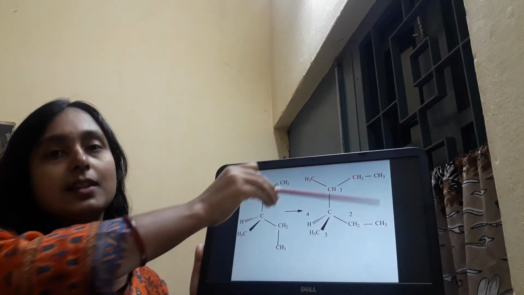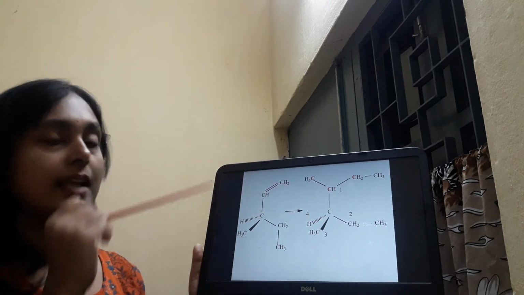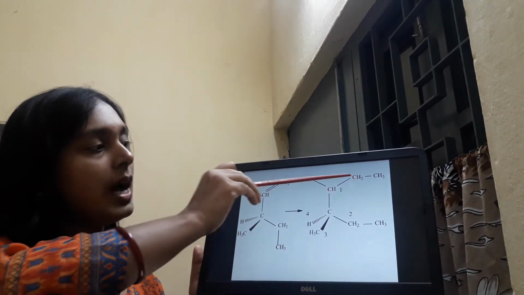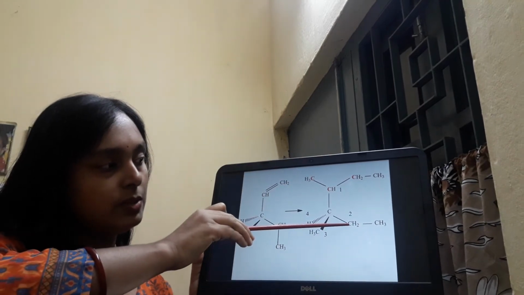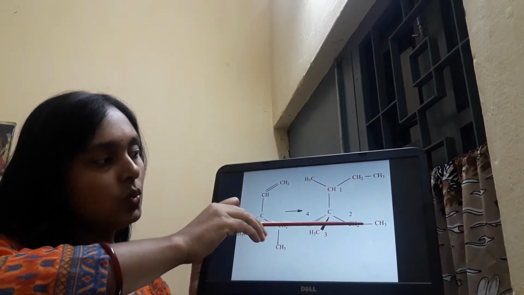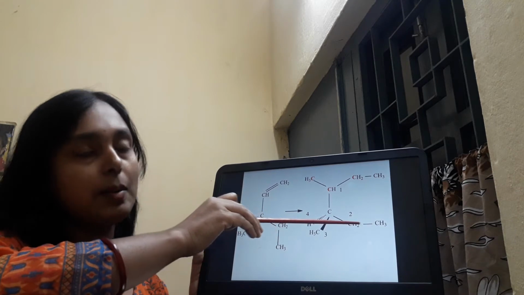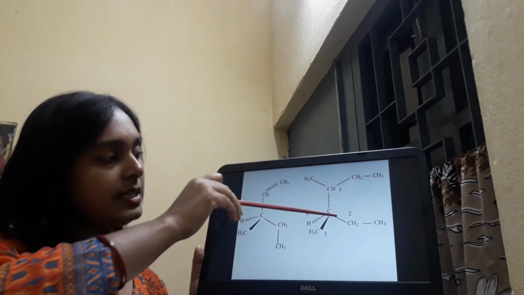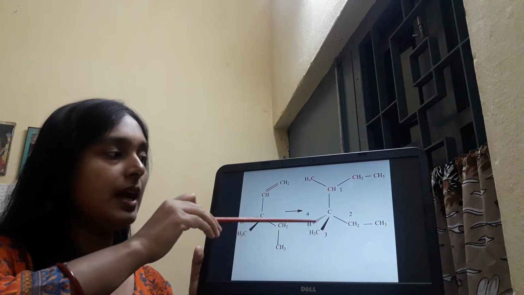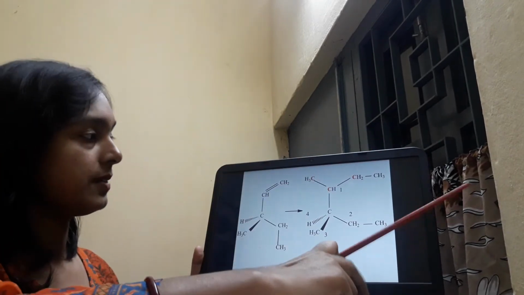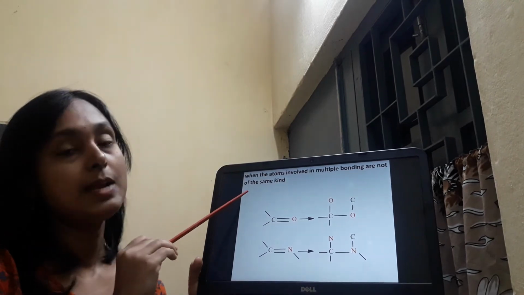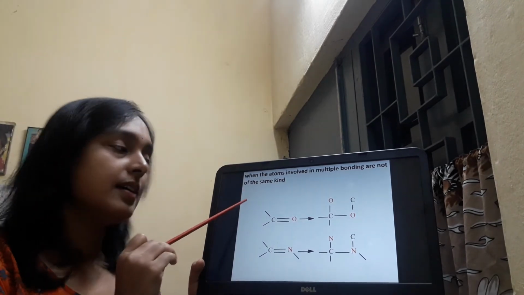So we can draw it like that and consider the priority, because this carbon is linked with 2 carbons directly. This carbon is linked with 2 hydrogens and 1 carbon. So priority will be given first over here, second to this one, third obviously CH3, and fourth will be our hydrogen. When the atoms involved in multiple bonding are not of the same kind as